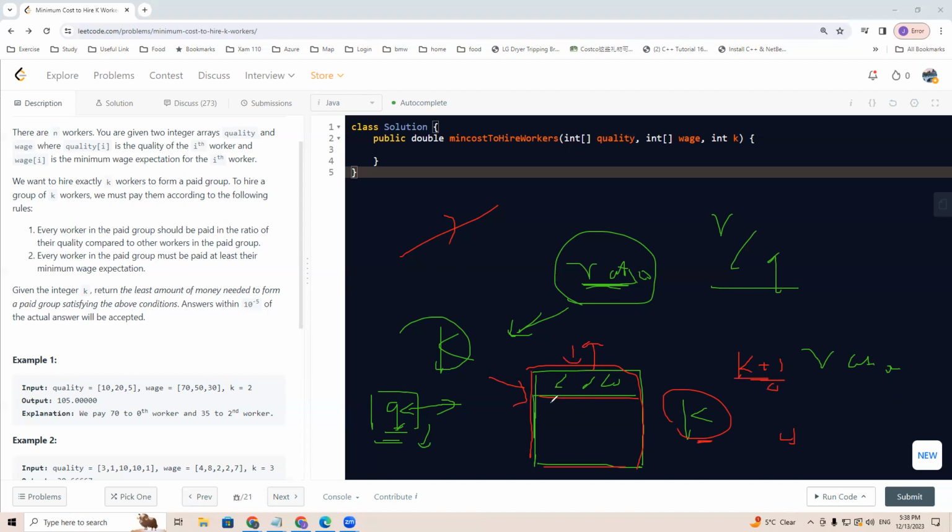There are some details we need to consider. For the workers, they need to be sorted by ratio. If two workers have the same ratio, we should move to the collection the one with the smallest quality. So first we compare by ratio, and if the ratio is equal, then sort by quality in ascending order, right? The same thing applies to quality: if there are two workers with the same quality,